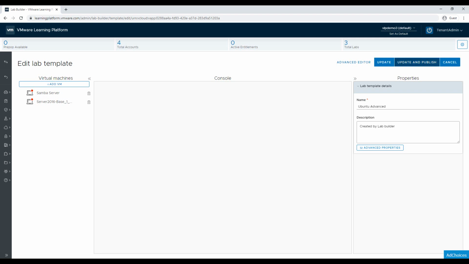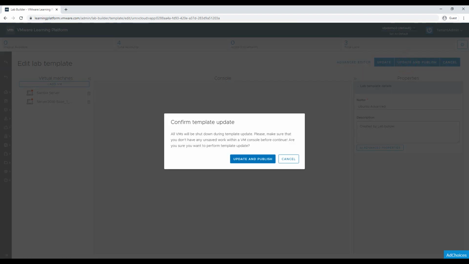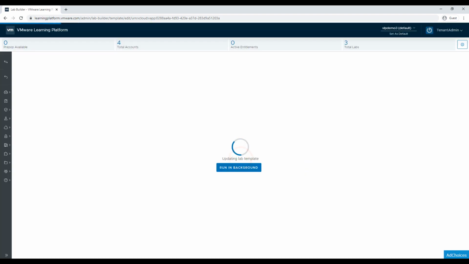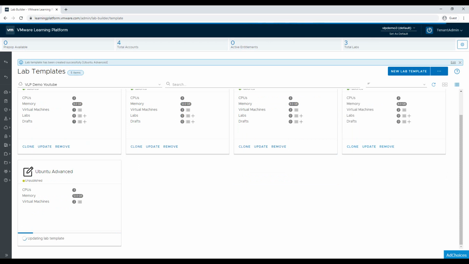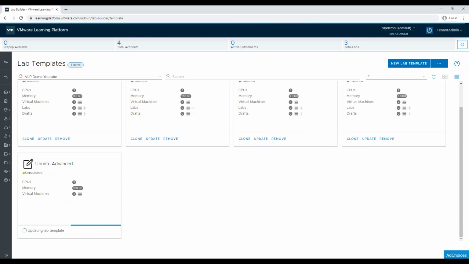then update and publish. You can also update the template, or update and publish is going to be ready, just like that. Let's run this in the background, and let's just wait for the template to be ready. It is being updated right now. We can close this message right here. So now we are going to have more CPU, as you can see, and more memory because we have now